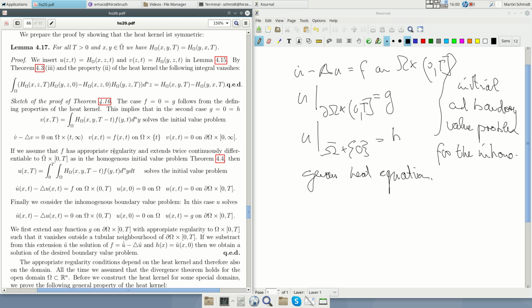Now, if we assume appropriate regularity conditions and that it extends twice continuously differentiable to this, then we may apply the fundamental theorem of calculus, and if we take the derivative with respect to t, then we get one term here, which we already understood, and the other term we get here, which